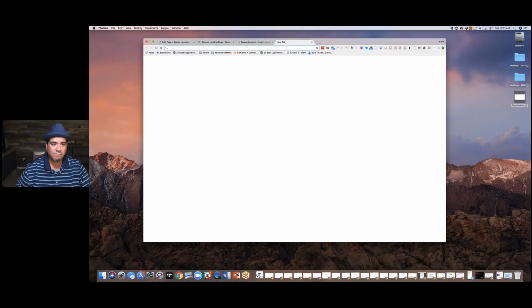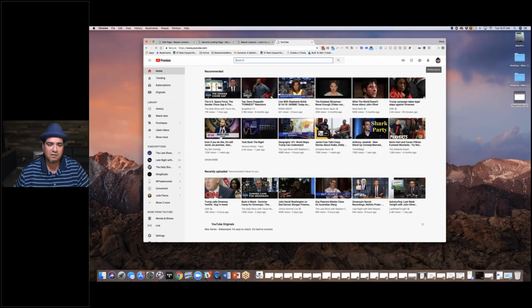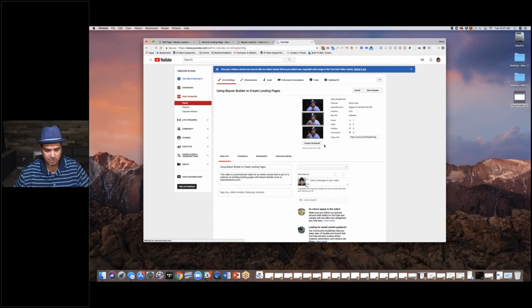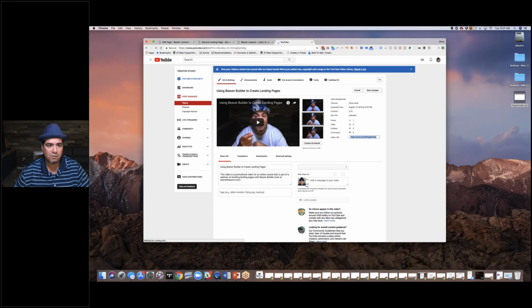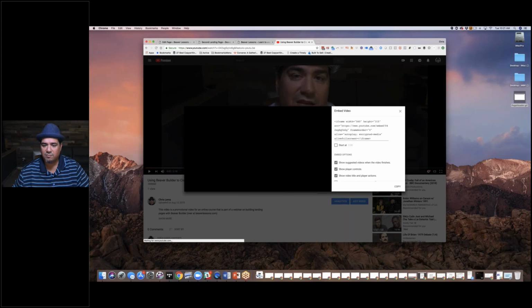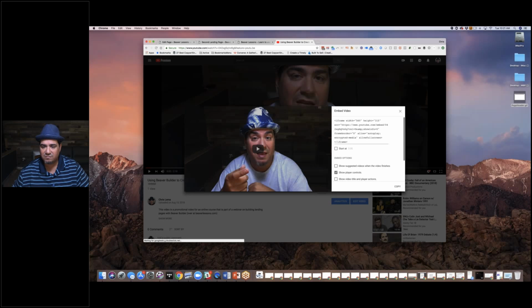I can come to YouTube, come to my creator area, go to that video, come down to sharing and embed. Here are my embed settings. I can change this, right? So I get just the embed settings I want, copy it,